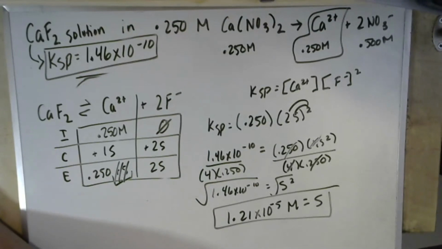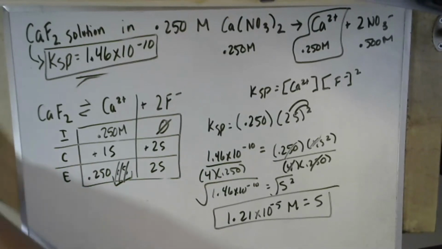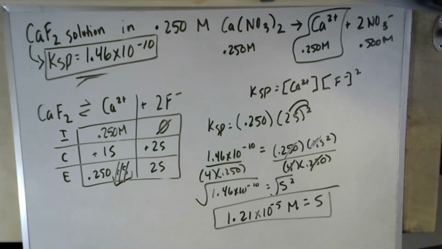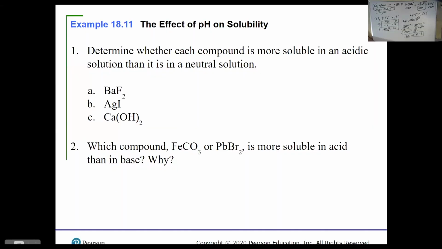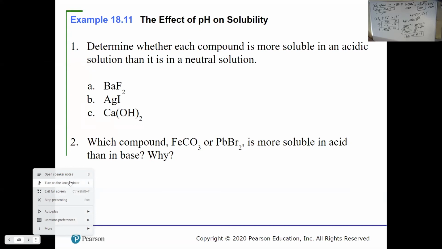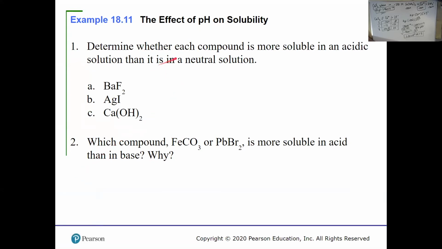Find the next question. So for this next question, let's talk it out. This isn't really a math question. This is more of a discussion question. This says to determine whether each compound is more soluble in an acidic solution than in a neutral solution. Okay, so what we have to understand here is that